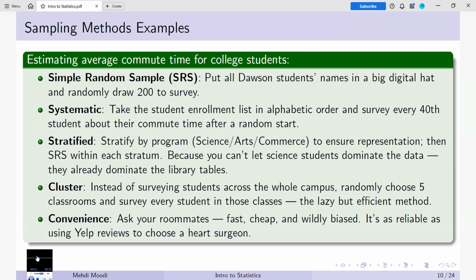5. Bias risk. Convenient sampling is tempting but usually a bad idea, unless you want your results to reflect only whoever was in the cafeteria. In short, your choice balances realism, time, and budget with reliability, minimizing bias.